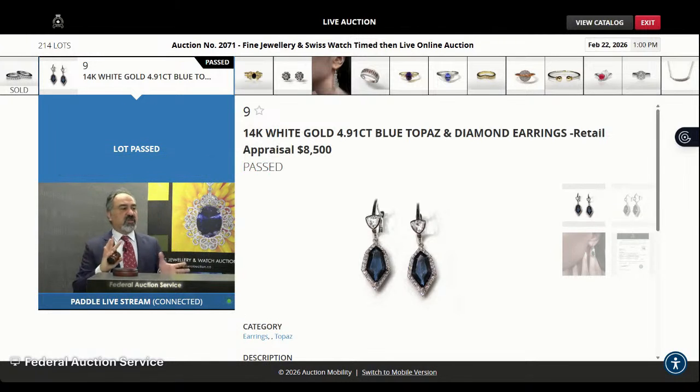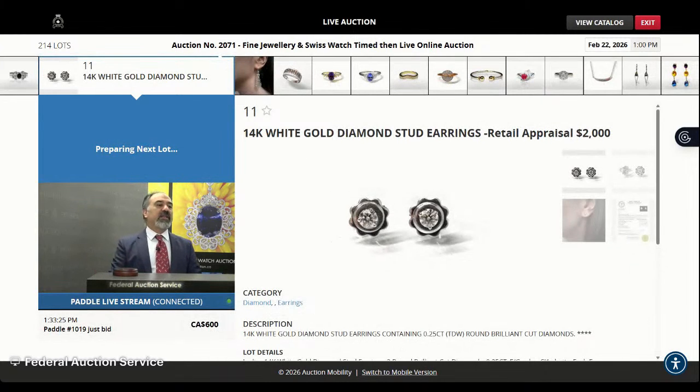Now, if you're thinking about this later and you want to maybe bid on it, there are two things you could do. You can go ahead and place a bid on something that we passed. It's still there in the catalog. Our staff is monitoring the catalog, and they'll see if a bid came in after I passed it,